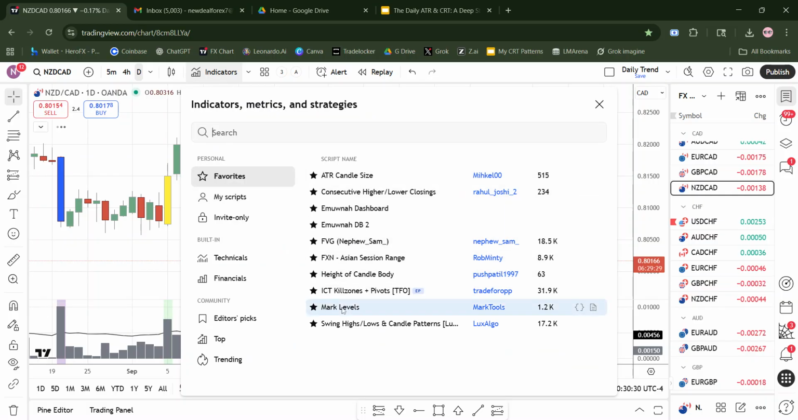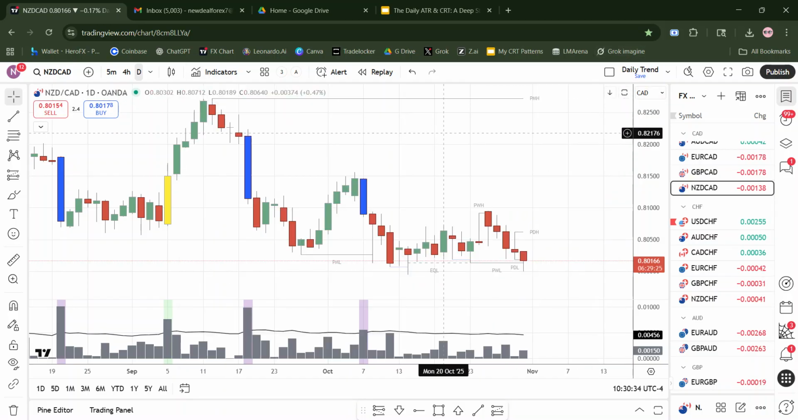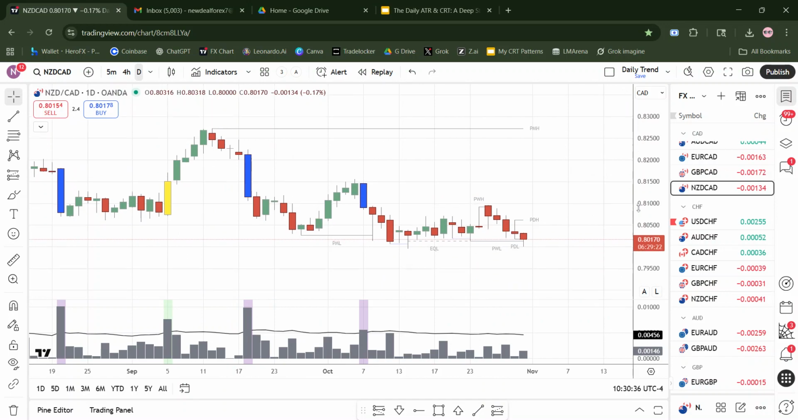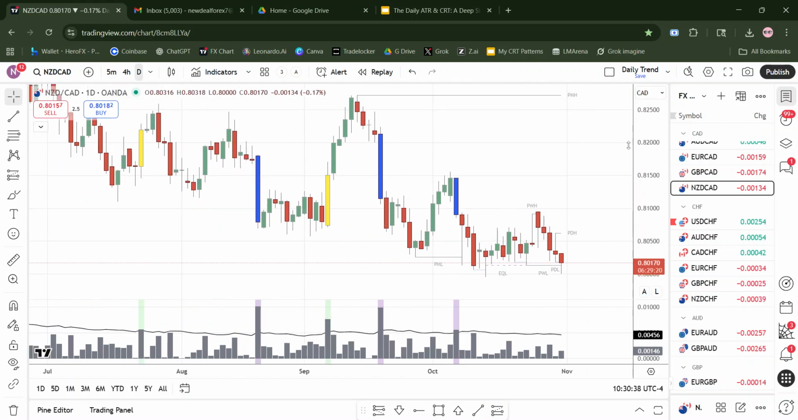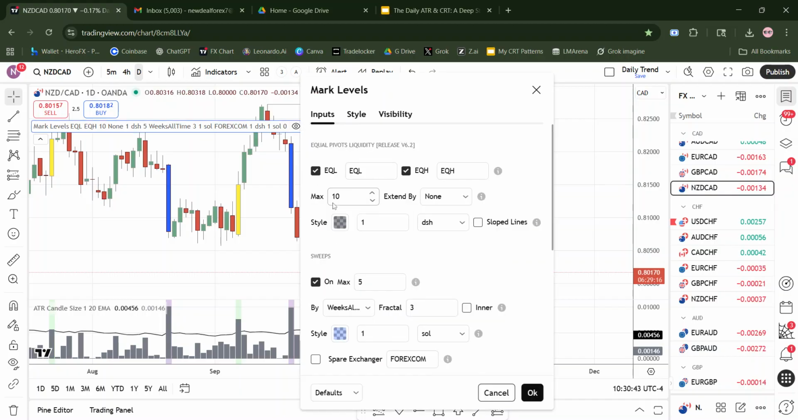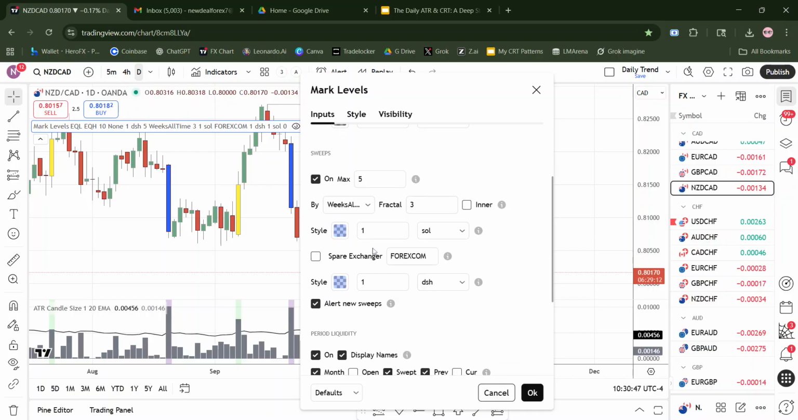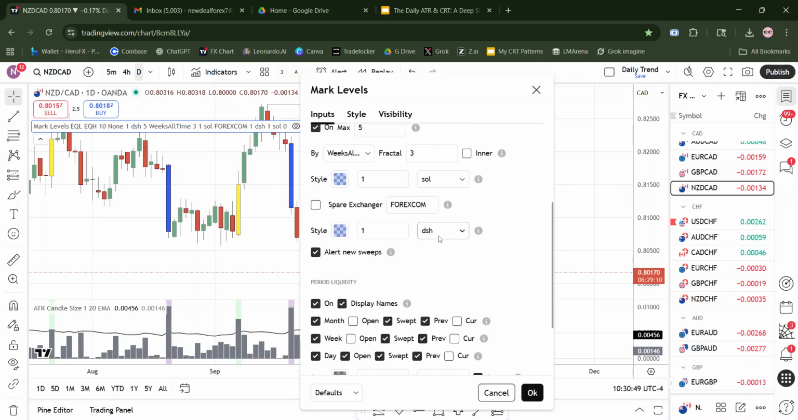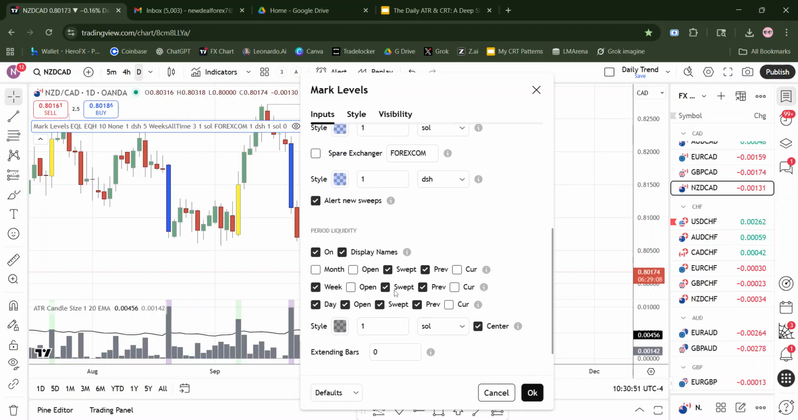You're just going to search Mark Levels by Mark Tools. This is my favorite indicator, only because it shows just where price levels are. That's all. So I like to just darken it up. For the settings, though, I check the equal highs, equal lows. I don't care about that. You don't need the month. You will need